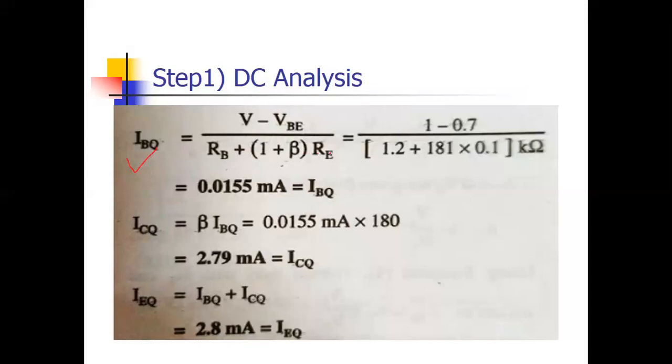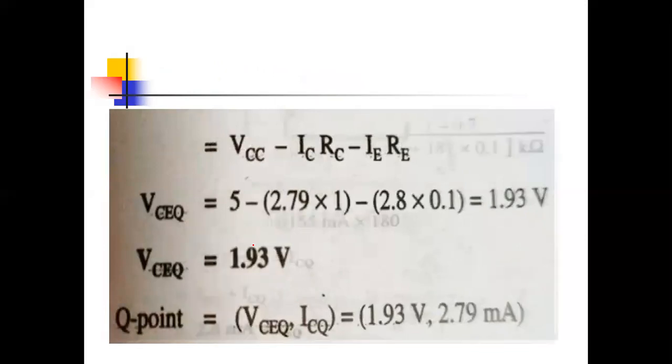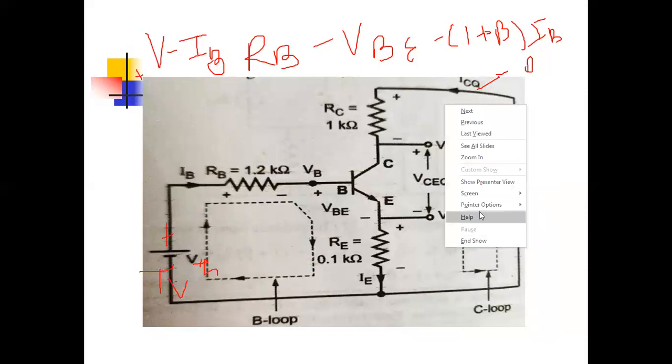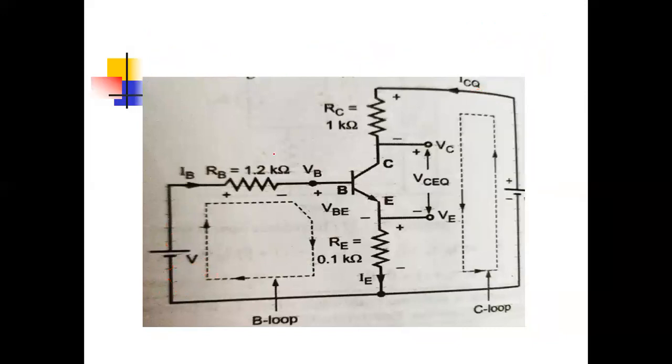And now we already have all the values. VTH we have calculated as 1, VBE is 0.7, we know very well. RB we have calculated as R1 parallel R2, beta is given as 180, and RE is given. So IB we will calculate. Now IC will be calculated by beta into IB, and IE equals IB plus IC. Now next is VCE. For VCE we have to apply KVL in the right side. If we apply KVL in the right side, what will the equation be here?